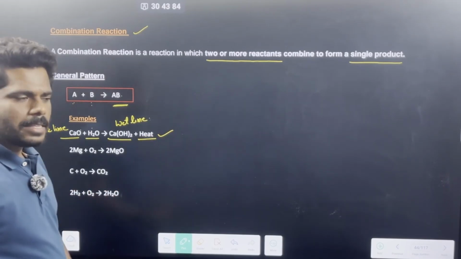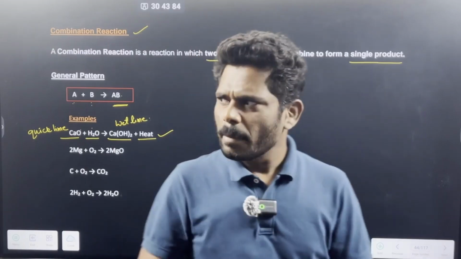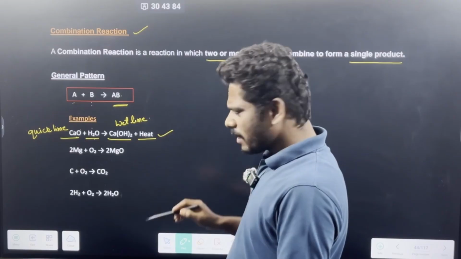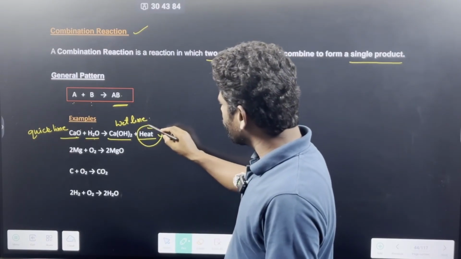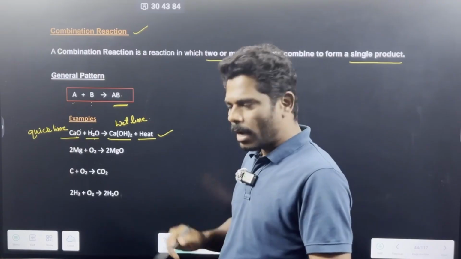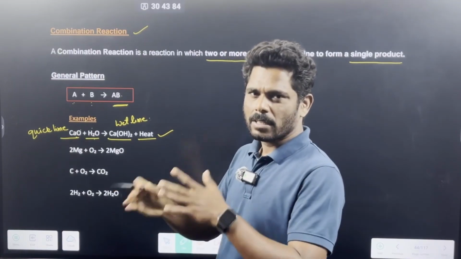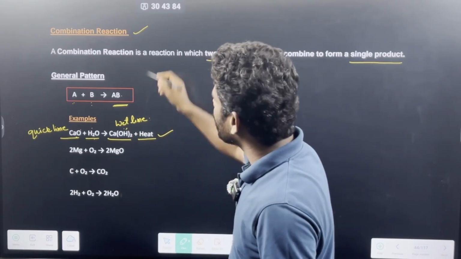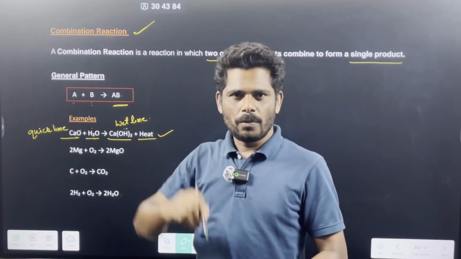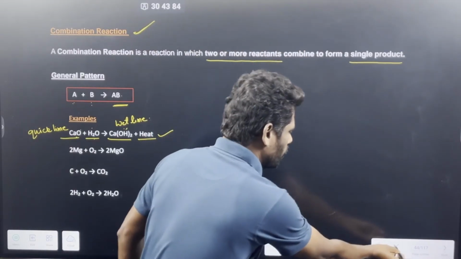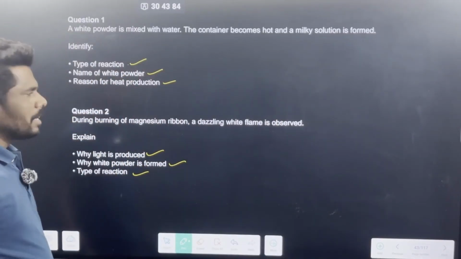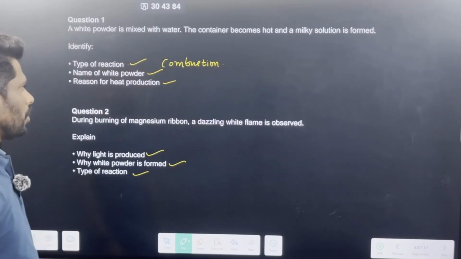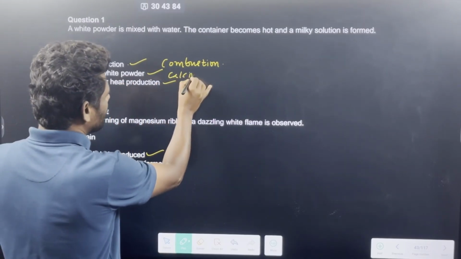We wrote here heat is evolved. So if you look at the pattern, two reactants are here, two products, actually not. Heat is a form of energy, so don't treat it as a material product. It is a product in the form of energy only. So only single product. That is why this reaction comes under combustion reaction. So for the question we raised earlier, what is the type of reaction? This is a combustion reaction. What is the name of the white powder? That is calcium